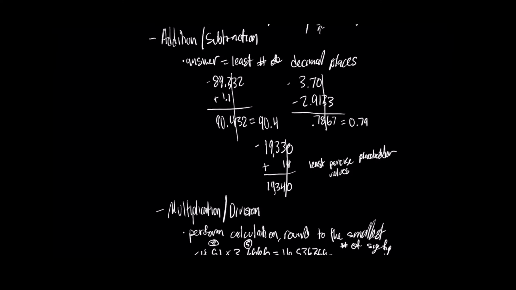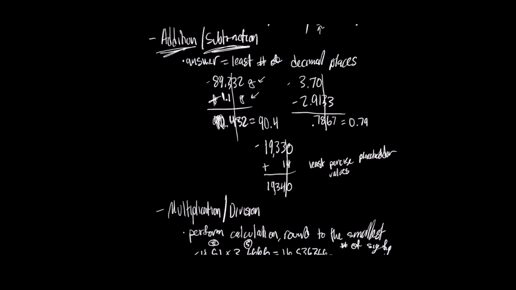So the answer is equal to the least number of significant figures, decimal places, sorry. We'll get right into addition and subtraction. Let's say we have 89.332, and we want to add 1.1. We could pretend these are grams, like the weighing boat, or the grams of some kind of solution. Anyway, we're adding these together for some reason. But anyway, it would be